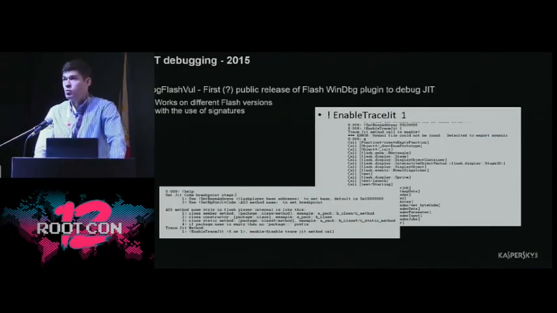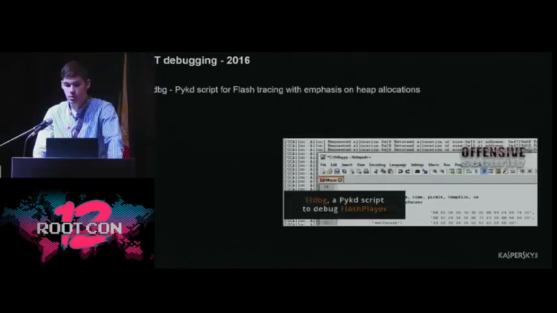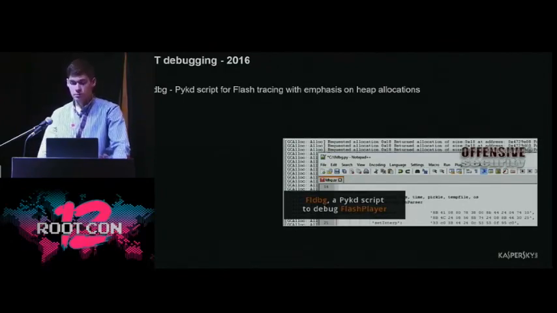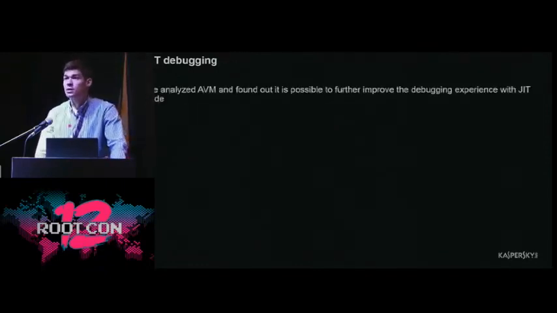Debug Flash tool is probably the first DBG plugin that was released to the public. It works great because it supports signatures, so it may work with different versions of Flash. Then a Python script named DBG was released, and it works great with emphasis on hit locations and exploit writing. But we analyzed the source code and found out how we could further improve the experience while